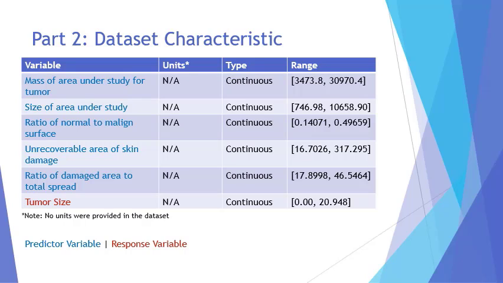From the dataset, I chose 5 predictor variables, which are shown in blue. These included the mass and size of area under study for the tumor, the ratio of normal to malign surface, unrecoverable area of skin damage, and the ratio of damaged area to total spread of the tumor. And the response variable shown in red is tumor size. All variables were continuous. However, no units were provided in the dataset, and the ranges for each variable are shown